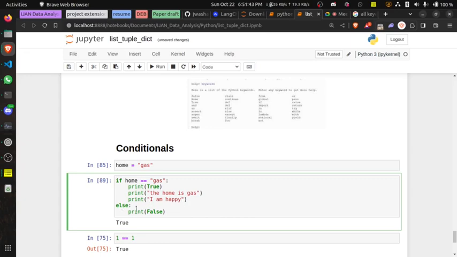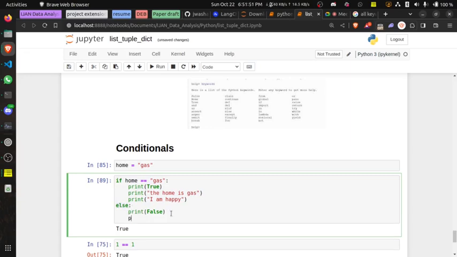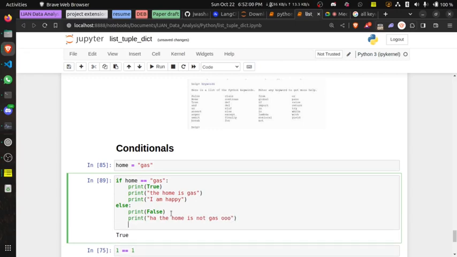And else, if this first one is not true, run this else and print whatever is there. So print false, print the home is not gas, then print I am not happy.